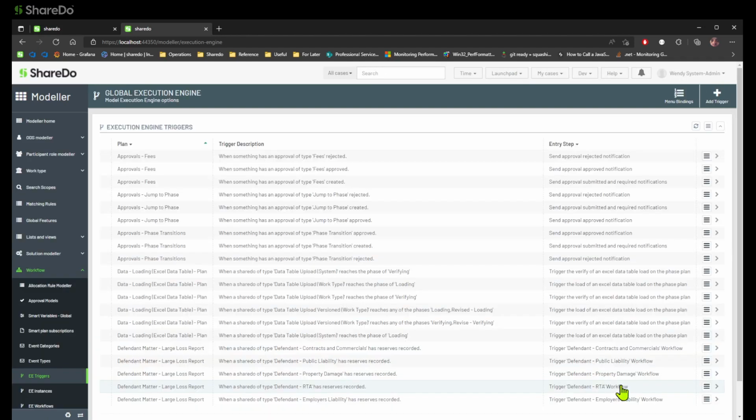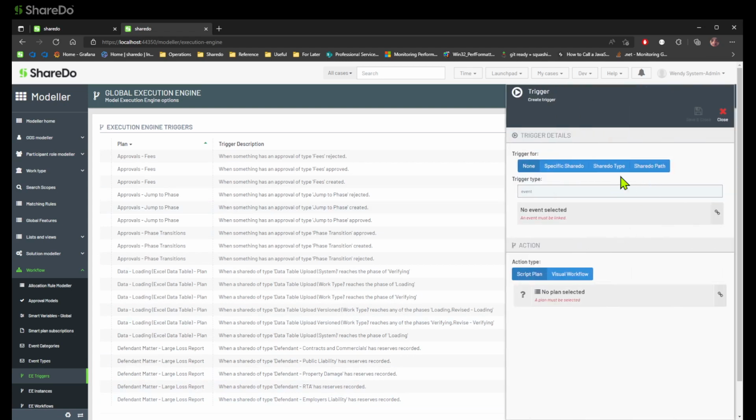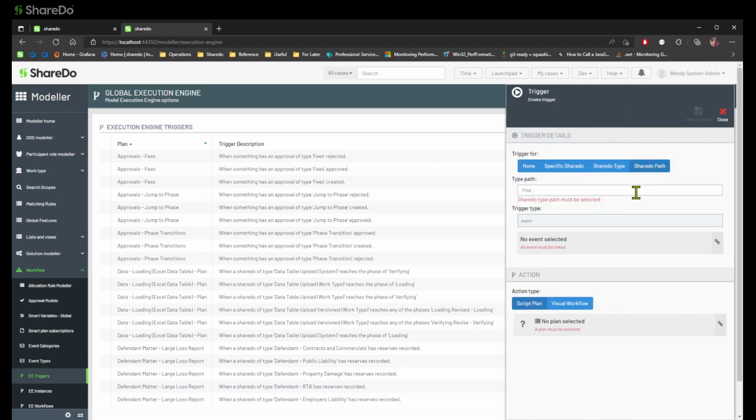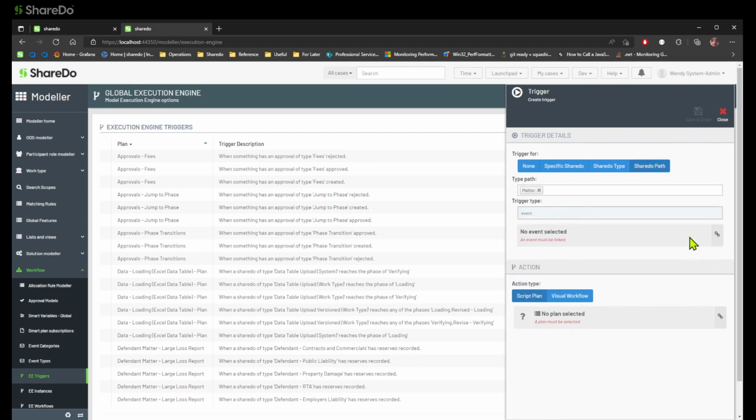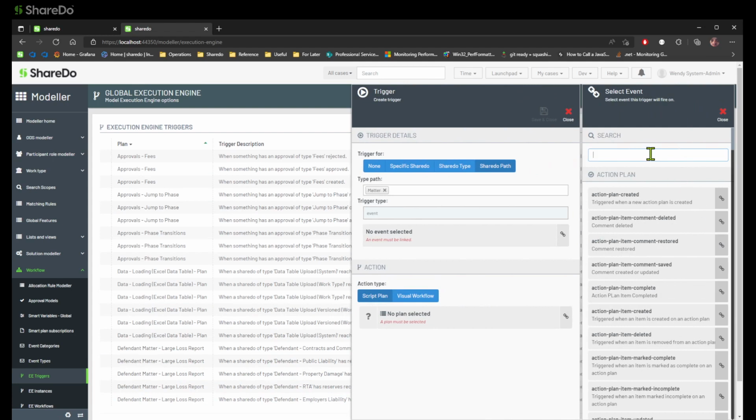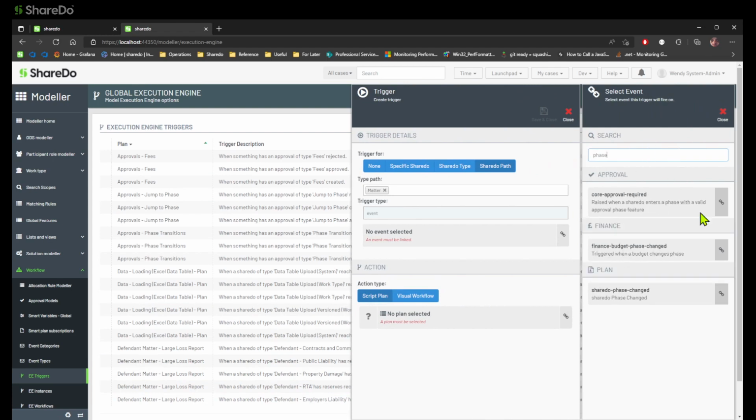What I want to do now is take that plan and hook it up to when it should execute. I can make that plan execute on multiple triggers if I want to. All I'm going to do in this instance though is say whenever we have a work item that's of type matter and we receive the event of phase changed,